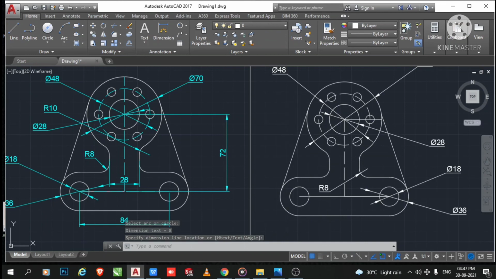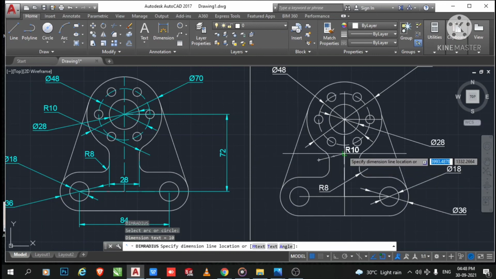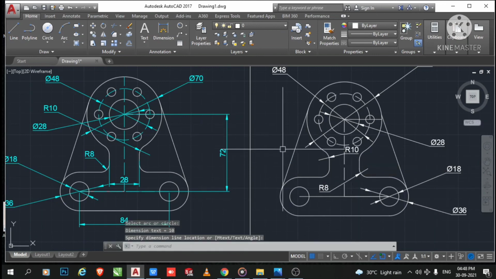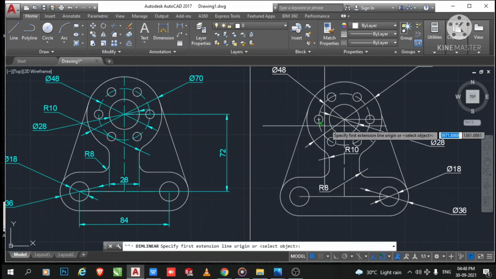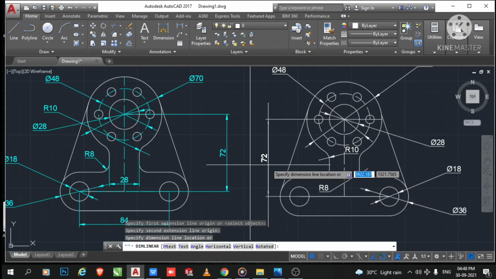Now again enter, select this one, and it will be 10, okay, and here we make the distance. So go to the linear, now select this center point and this point, this gap will be 72.